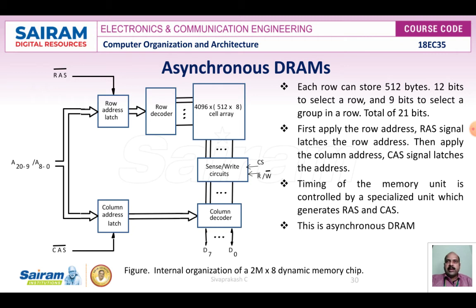We should also say that in a commercial DRAM chip, the RAS and CAS control signals are active low, so that they cause the latching of addresses when they change from high to low. To indicate this fact, we have written RAS bar and CAS bar here.